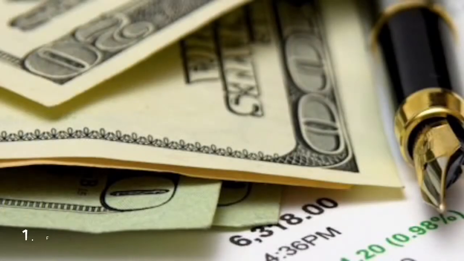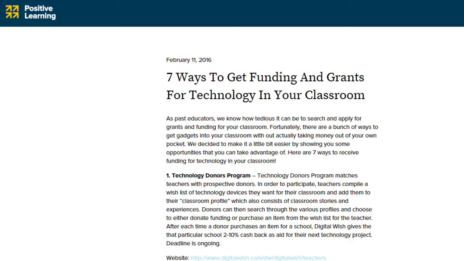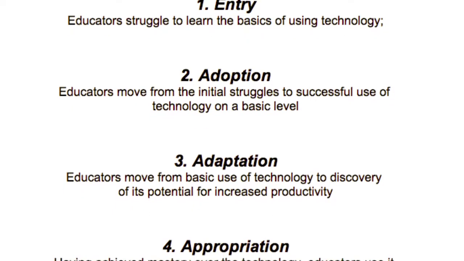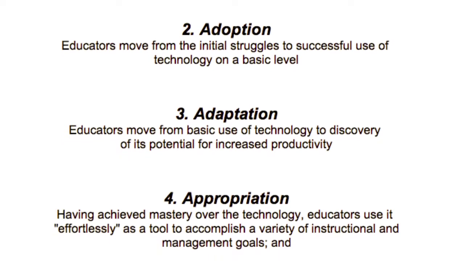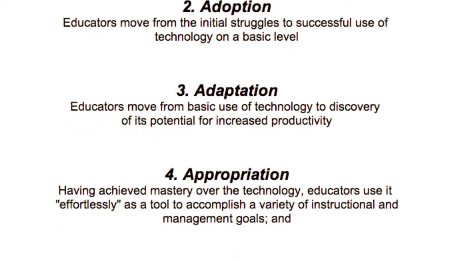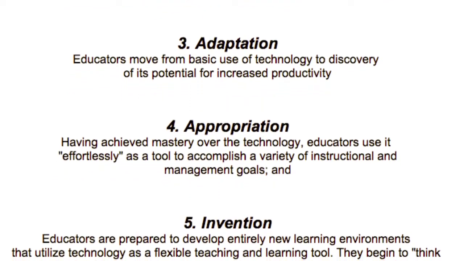The first factor we have identified, and most obvious, is access to technology. One way to address this issue is by informing teachers and schools of the various organizations that are committed to bringing technology into every classroom. Here is an example of one website that brings information to the tips of the teachers' and administrators' fingers. A 10-year study conducted by Apple identified the following phases in technology and integrations for educators. One way to combat this is by making sure that the educational community at low socioeconomic schools receive appropriate and consistent training on how to effectively use technology.